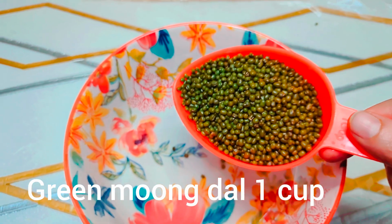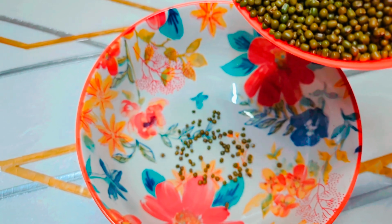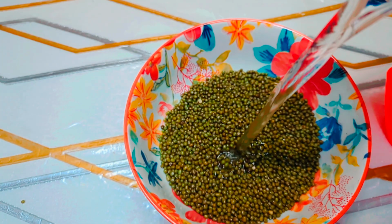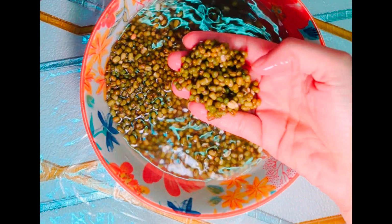We want green moong dal, 1 cup. Water for soaking, soak for 2 hours. After 2 hours,